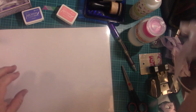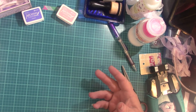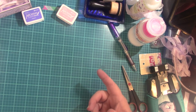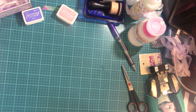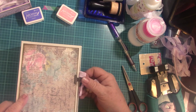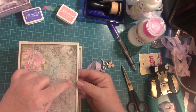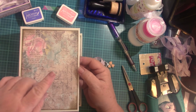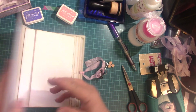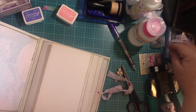Now another thing you may want to try is on your closures. If you can catch it before, instead of a closure like this, what I could have done was, I could have done one where you wrap the ribbon around it. Now that would have to be done before you put the inside cover on. And the way I found to do that